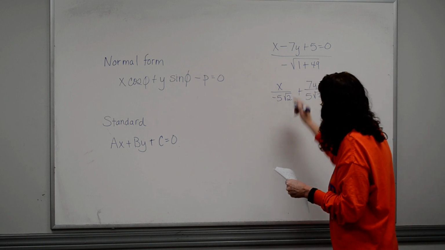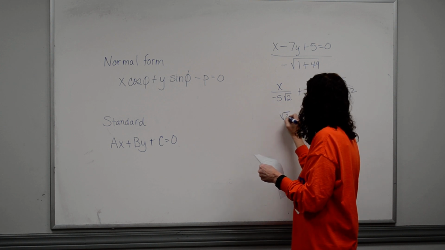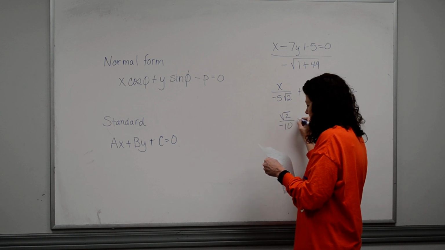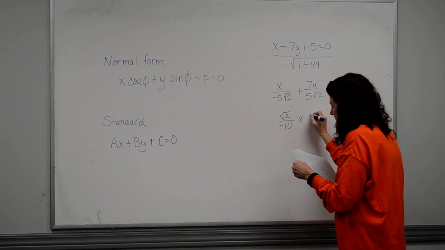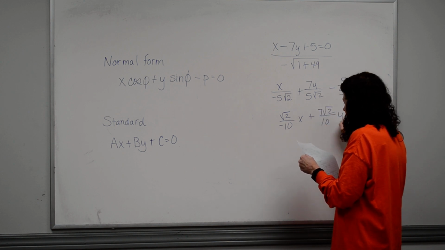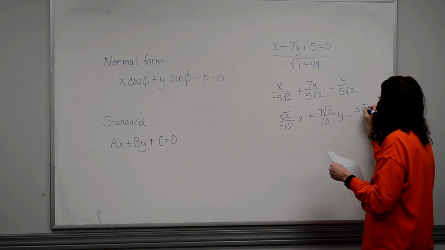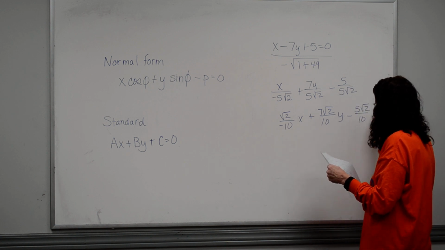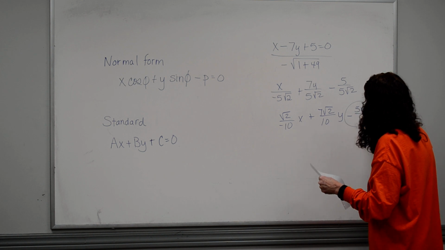All right, I've got to rationalize, so I'm going to have square root of 2 over negative 10, x plus 7 on the square root of 2 over 10y, minus 5 on the square root of 2 over 10. So this right here is the p